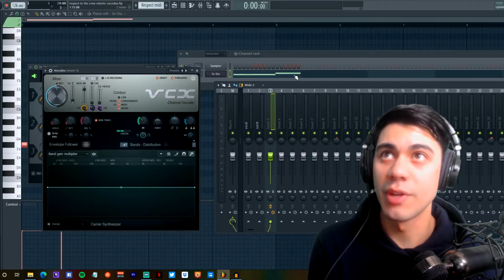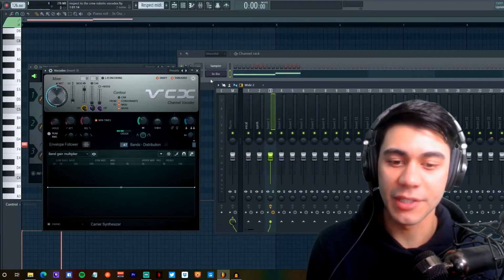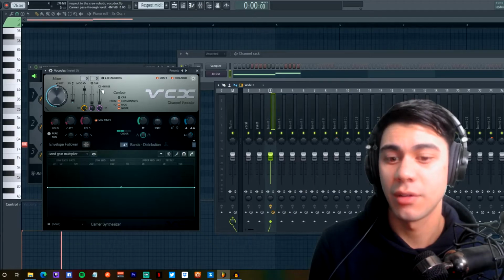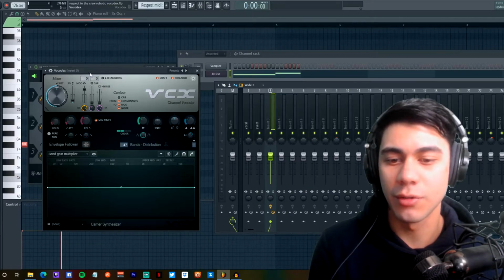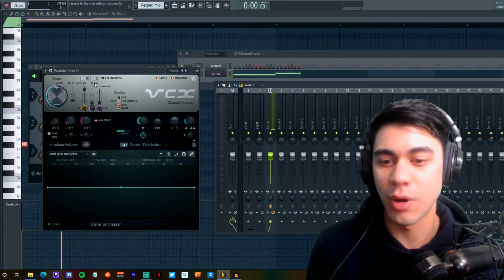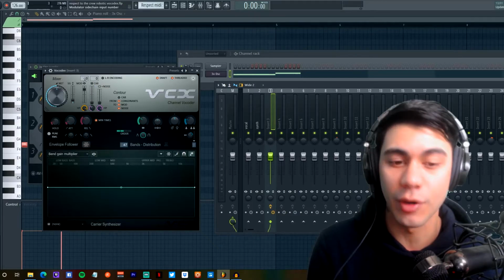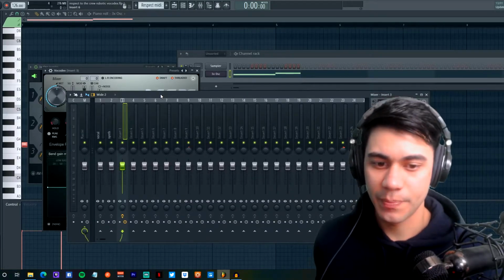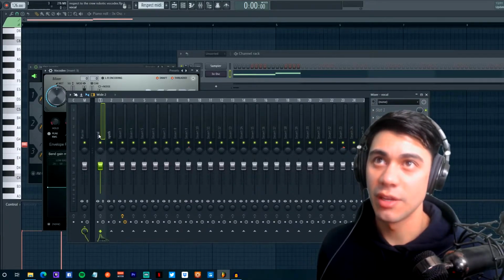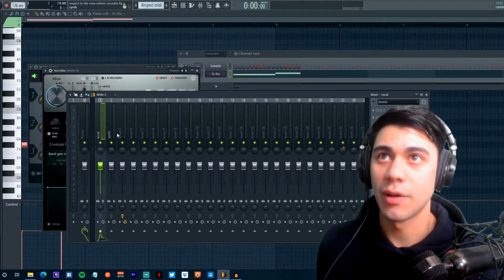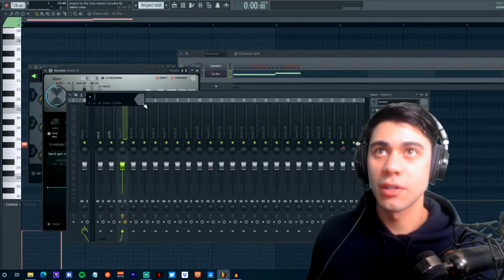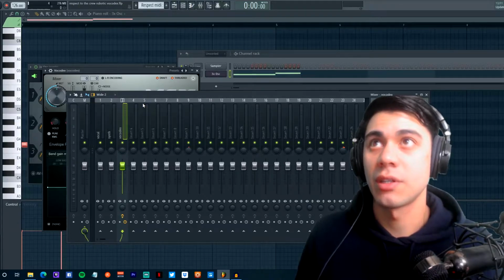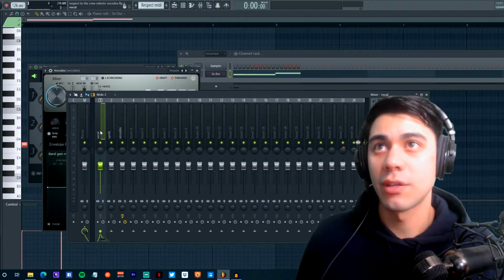So what we want to do now is route both of these into the Vocodex. Up here you'll see these 2 zeros, and this is where we're going to be routing them in, the vocal and then the synth. So if you pull up your mixer, let's rename this Vocodex, and then get the vocal,